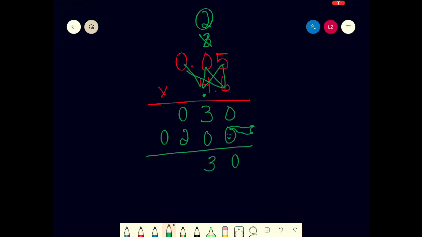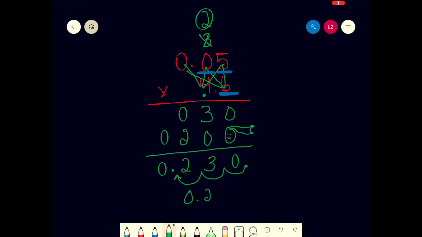All right, now the only thing left to do after we multiply is to count up the places past the decimal that are in our factors. We have 1, 2, 3 places past the decimal. So we're going to want to take the decimal point from where it currently is, which is right here in a whole number, and we're going to want to move it the same amount, 3 spots over. 1, 2, 3 spots. Now it goes here. So our answer is going to be